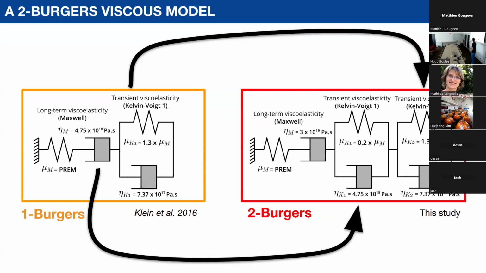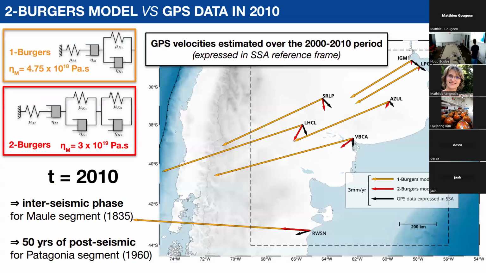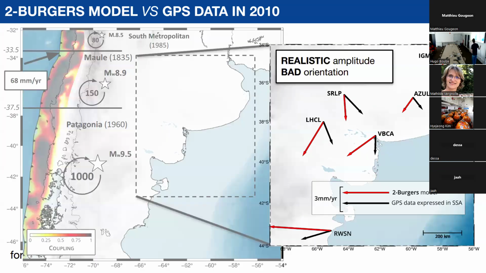And here we have a viscosity that is one order of magnitude higher, so 10 to the 19 instead of 10 to the 18. And so this time, in red, is the kind of deformation you have in 2010 before the Maule earthquake. This time we have the good magnitude of velocities, but we still see a bad orientation